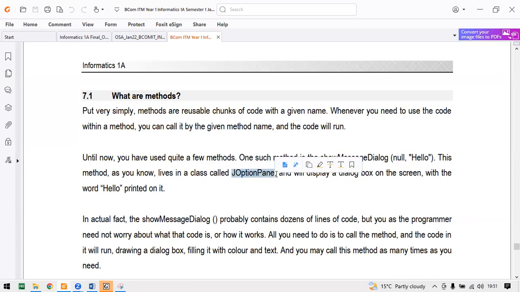So whenever we say import JOptionPane, we want to use this method. Show message dialog, show input dialog. We are simply calling them, right? So you can use them multiple times, but they are already defined somewhere under this class. Hence, we are importing them.